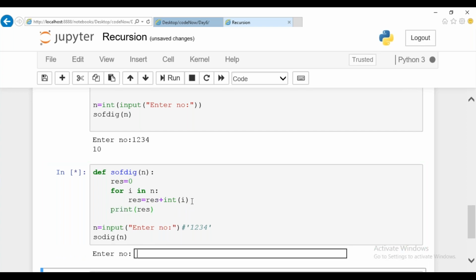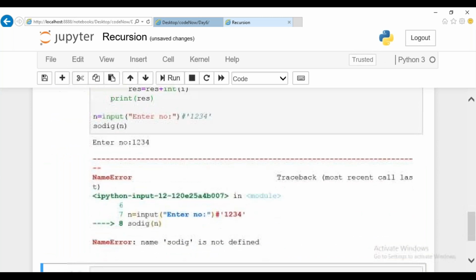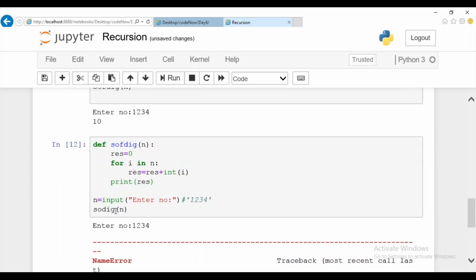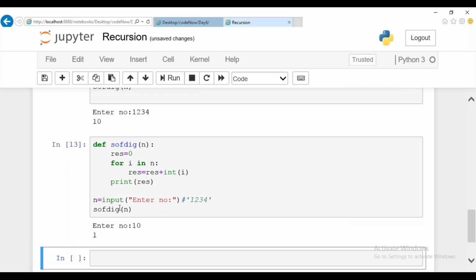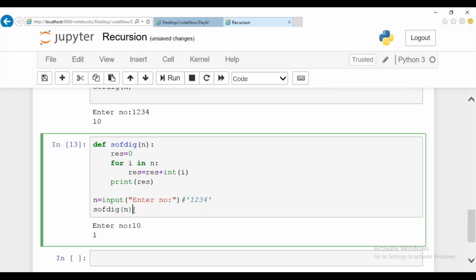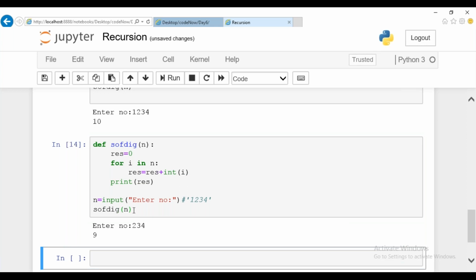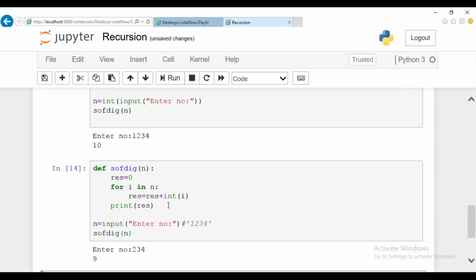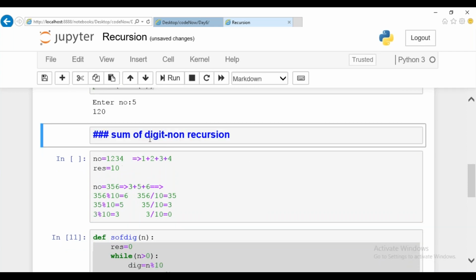This approach is also accepted. What we did again, sorry guys, is the same, since we have copy pasted it, the same issues, nothing else. I gave 10. Okay, let me give some other numbers, 2, 3, 4. Okay, these are the two types of approach where you can solve the sum of digits using the recursion method. Will you people try it in a non-recursion method? Will you people try it in a recursive way?